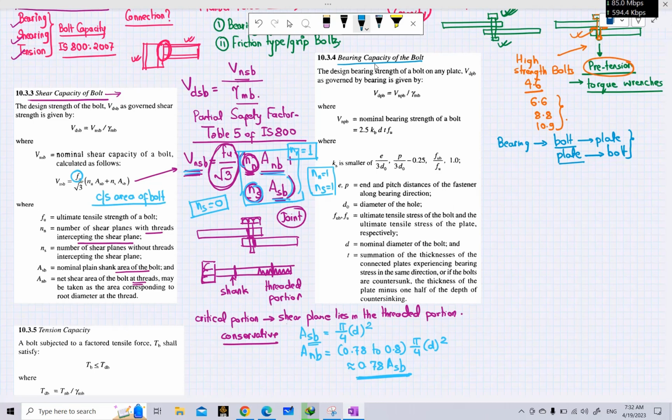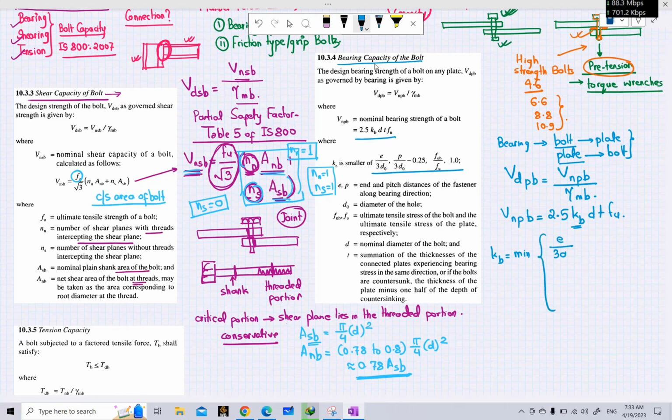So now let's see here, the design bearing strength of bolt is again in the same way the nominal bearing strength of bolt divided by the partial safety factor. The nominal bearing strength of bolt is given by this formula here, 2.5 kb d t fu. Here kb is the smaller of these four values here. kb is the minimum of